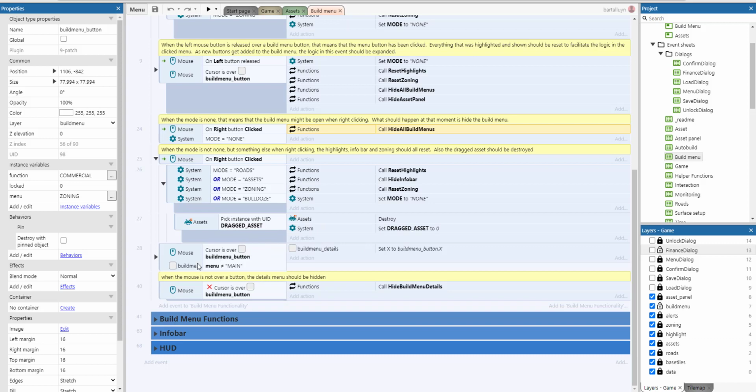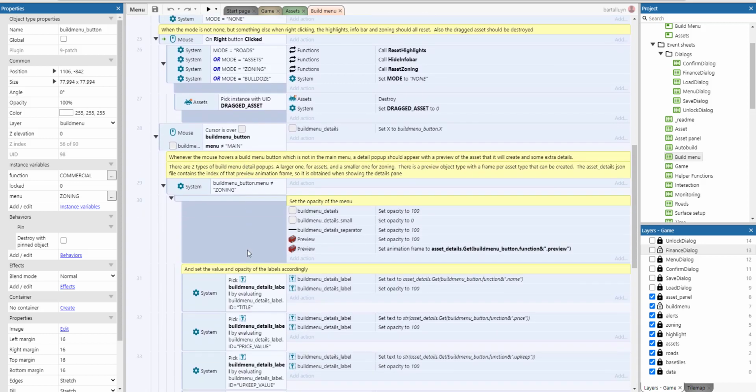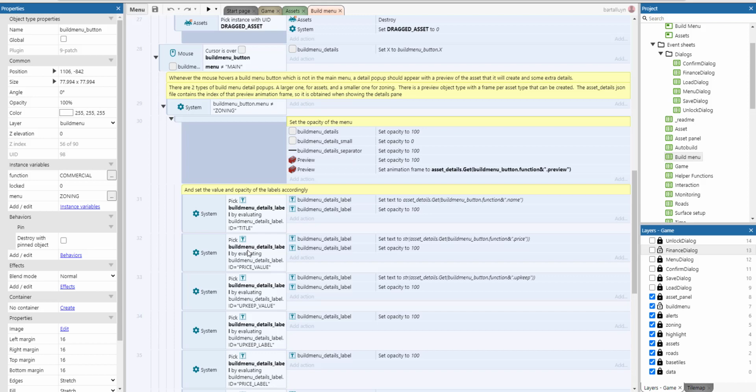So when the cursor is over a build menu and the build menu is not main, whenever the mouse hovers a build menu which is not in the main menu, a detail pop-up should appear with a preview of the asset that will create some extra details. There are two types of build menu with detail pop-ups, a larger one for assets and a smaller one for zoning. So there is a preview object type with a frame per asset that can be created. I showed you that one earlier. And the asset details JSON file contains the index of that preview animation frame, so it's obtained when showing the